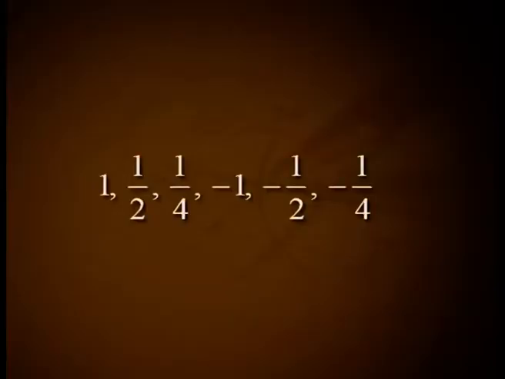Solution. If the rational number p/q, a fraction in its lowest terms, is a root of the given equation, then using Theorem 7, p is a divisor of p_n equal to 1 and q is a positive divisor of p_0 equal to 4. It follows that p equals plus or minus 1 and q equals 1, 2 or 4. And we see that the only possible rational roots are the following: 1, 1/2, 1/4, minus 1, minus 1/2, minus 1/4.